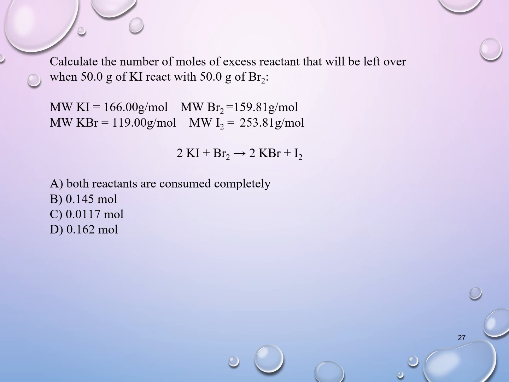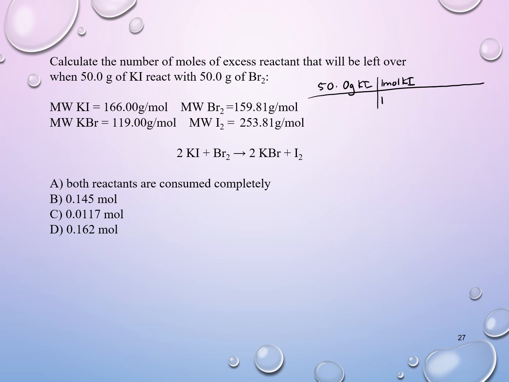The first thing I want to do is calculate, if I use 50 grams of KI, how many grams of Br2 will I need? So if I start with 50 grams of KI, I need to turn it to moles first. So 1 mole of KI